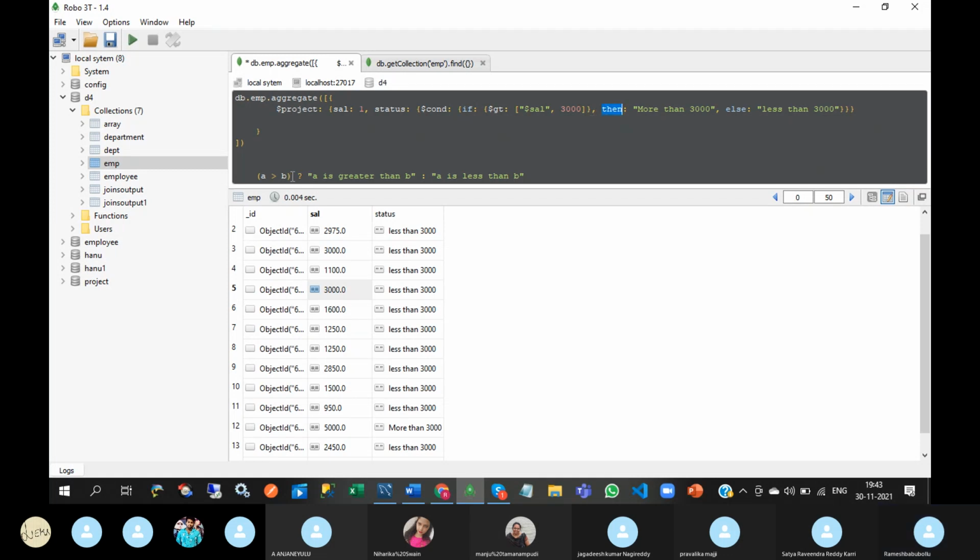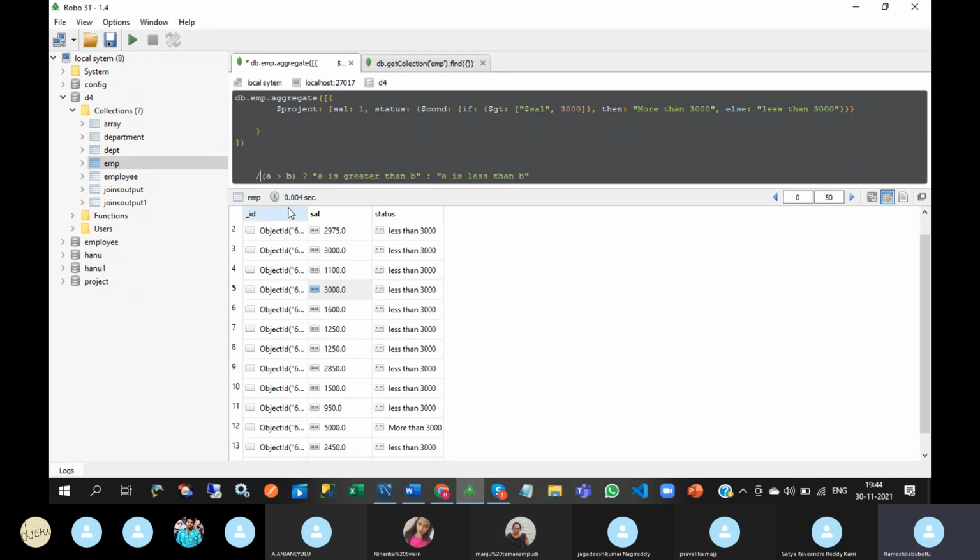Before question mark, whatever you have written is the expression, if this expression. After colon, that is nothing but else block. Okay. So this is ternary operator.